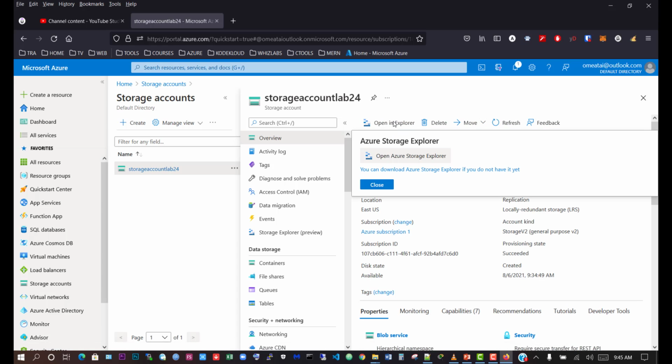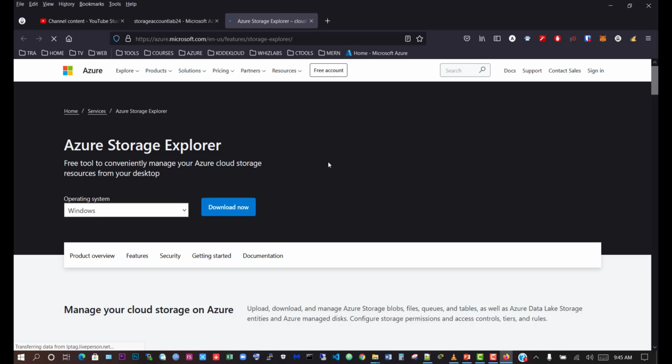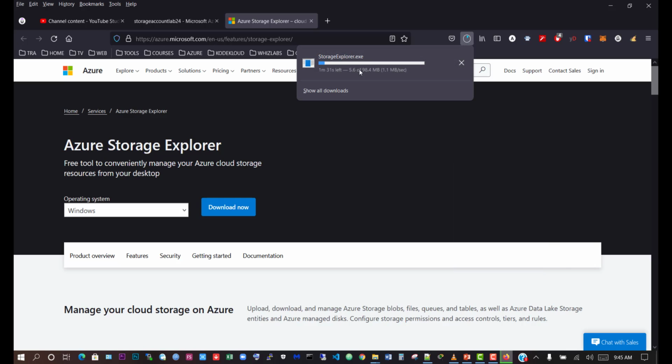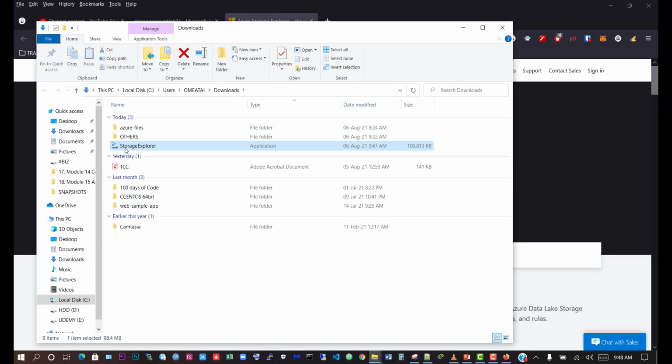and say open in Explorer, and we're going to download and install the Azure Storage Explorer. So we would do that here, and it will take us to this link. It detected immediately that the operating system is Windows, so I'll click on download now and save file, and hopefully it will successfully download, and then I'll be able to install it. So it's completed, and let's open that, and I'm going to double click to install it